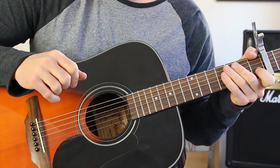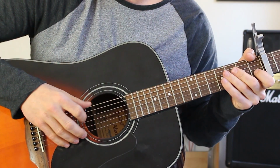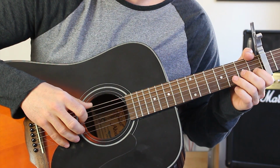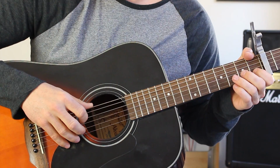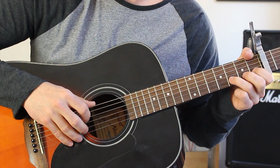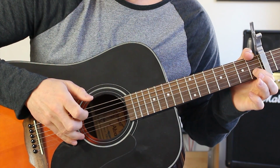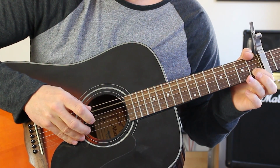Now we have an F pattern 3 at 2 seconds later at 129. That's going to be similar, just a little bit different. There's one note that's different. It goes like this. I hold the same fingering, and I'm going to go E, G, B 1st fret, open